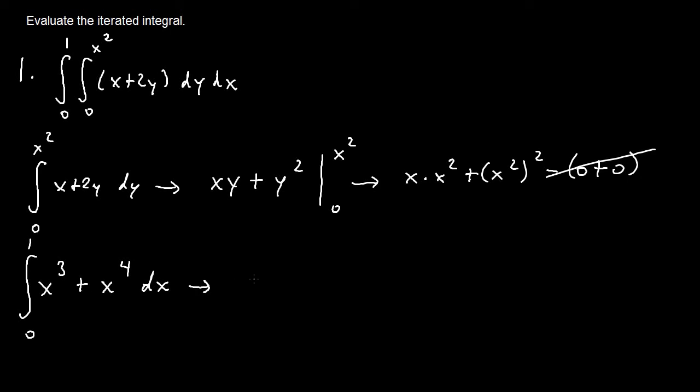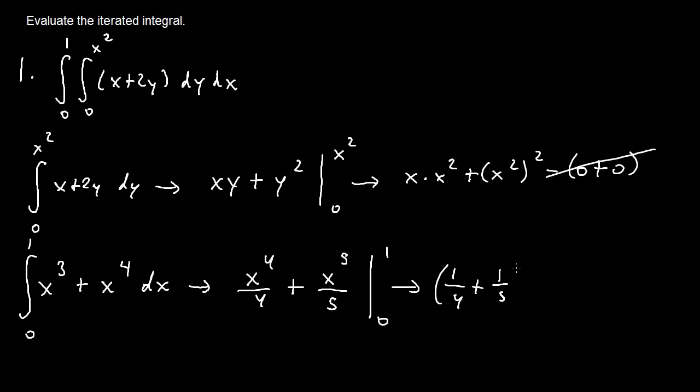So the integral of x to the third is going to be x to the fourth over 4, plus the integral of x to the fourth, which is x to the fifth over 5. And then we're going to evaluate from the x bounds of 0 to 1. So I go ahead and plug in 1, we'll get 1 to the fourth over 4, so just 1/4, plus 1 to the fifth over 5, which is 1/5, and then minus, when I plug in 0, I'll just get